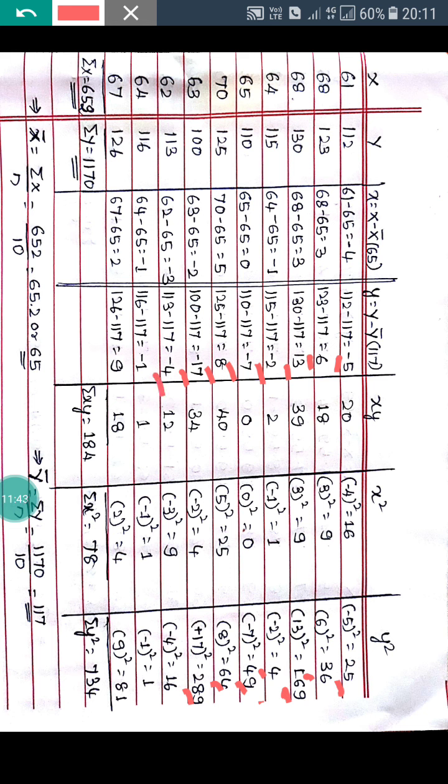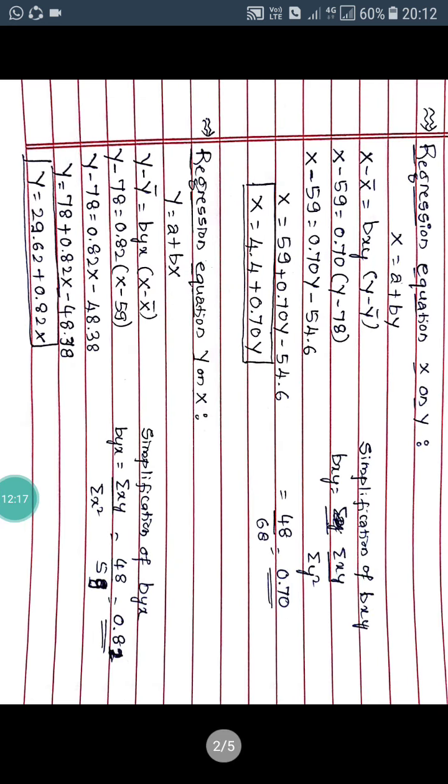Minus 4 into minus 4, 16. Minus 1 into minus 1, 1. And last observation is 9 into 9, 81. Now here we got y square. You should add it. Summation y square value is 734. Now here we have got small x values, small y values, small xy values, x square values and y square values. After that, second step, that is the calculation of